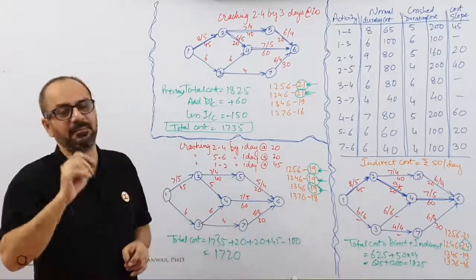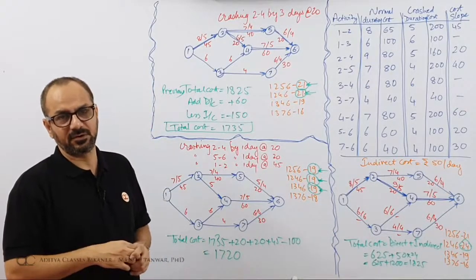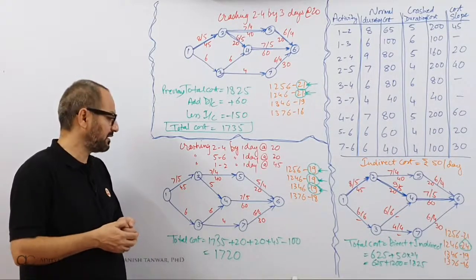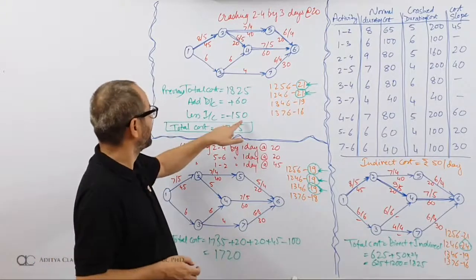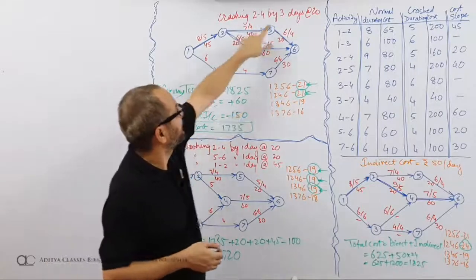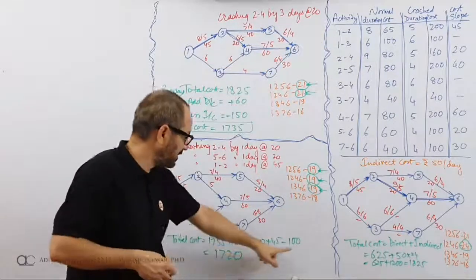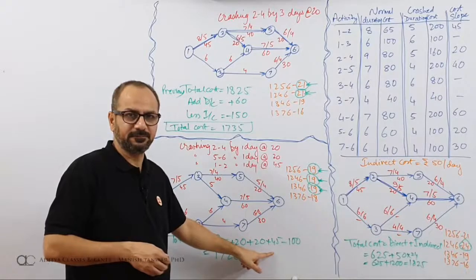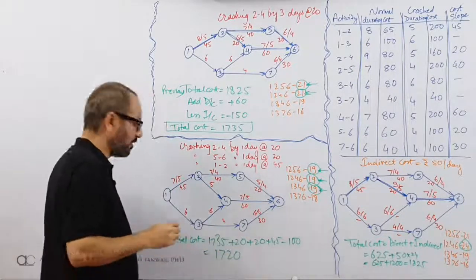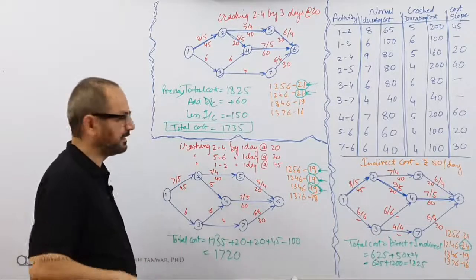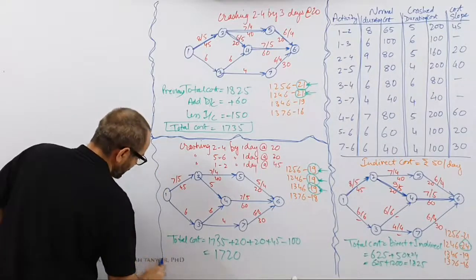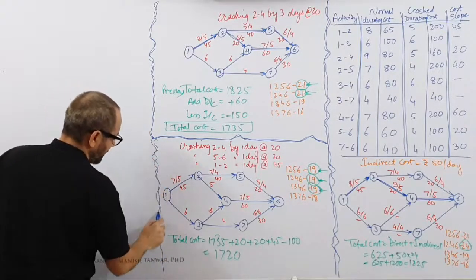Remember, we are talking of minimum cost. So whenever you are talking of minimum cost, you will only crash it to a limit, to an extent where you are saving more. See, here I was saving 150 and I was paying 60 only. 3 days at 20. Here I am saving 100, but I am paying only 85. So there is a net saving of 15. This will be the check of whether I am saving or not in a deal. So crashing will only be done if you are saving something, because we are talking of minimum cost crashing.